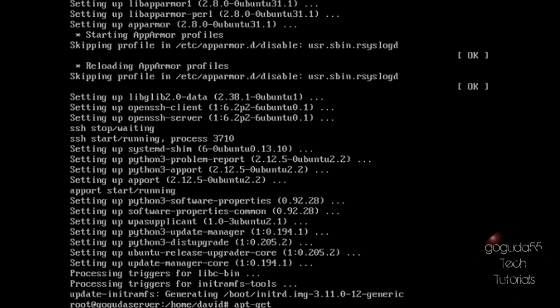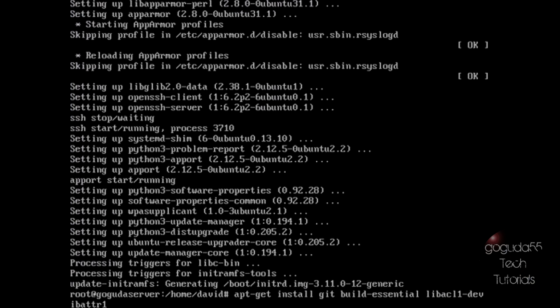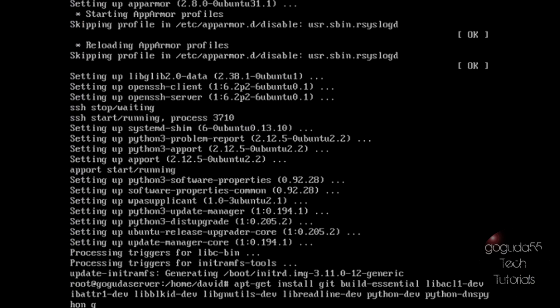So type in apt-get space install space git, so that's git, space build-essential space libacl1-dev space libattr1-dev space libblkid-dev space libgnutls-dev space libreadline-dev space python-dev space python-dnspython space gdb space